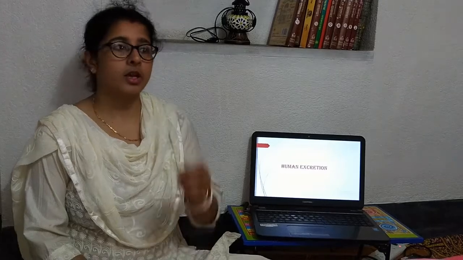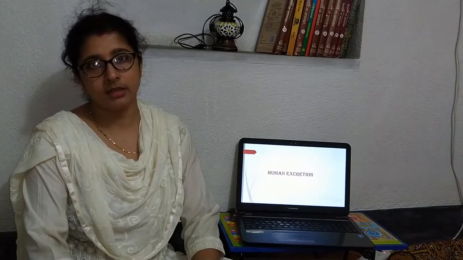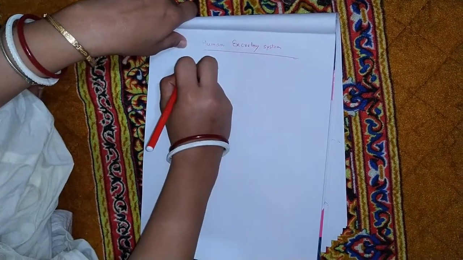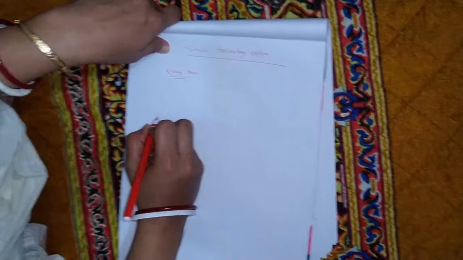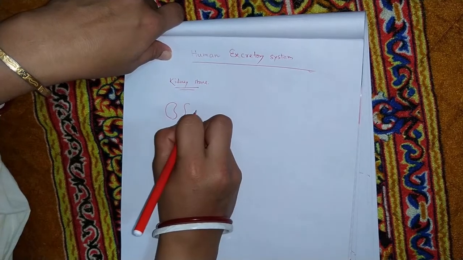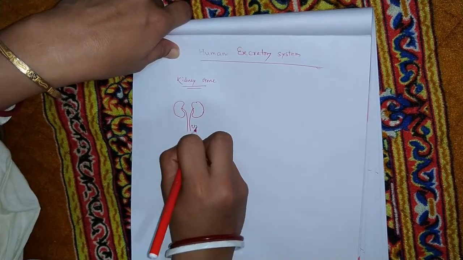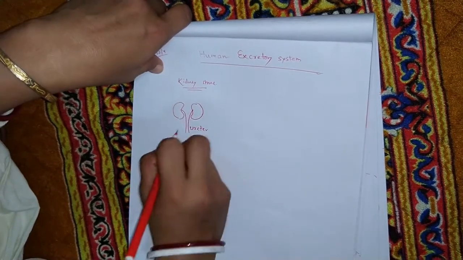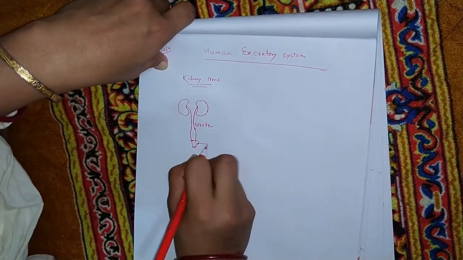It's in our abdominal cavity. Both the kidneys are located there in the lumbar region, and these kidneys are connected with ducts, the ureter. So let's have a look how it looks. Kidney structure. There are two bean-shaped kidneys, which are connected with two ducts known as the ureter, and these two ducts will meet at the urinary bladder.